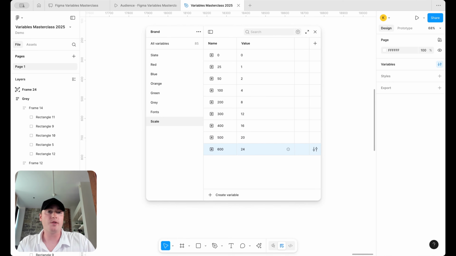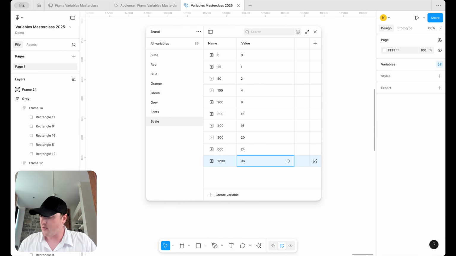I see a lot of creators doing this: 2 is equal to 2. Now, that's great in theory, but when we get into some of the larger values, let's just say 1200 is a 96. Sorry, is 96 even a multiple of 4? Bad at math. Let me check. 96 divided by 4 equals... It is. So if our 1200 is a 96, and what I see a lot of designers say